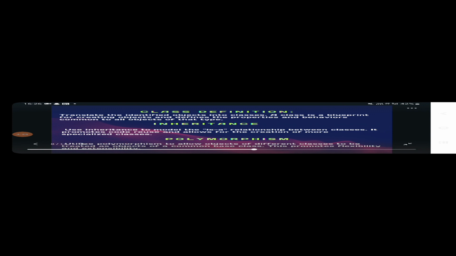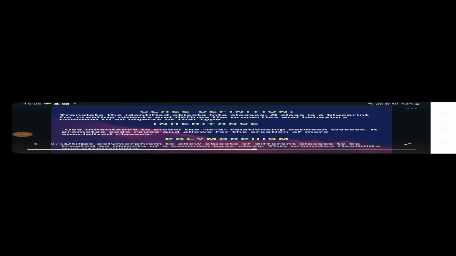A class is a blueprint for creating objects and defining the properties and behavior that are common to all objects of that type. The second one is inheritance. Use inheritance to model an is-a relationship between classes. It promotes code reuse and allows for the creation of more specialized classes.